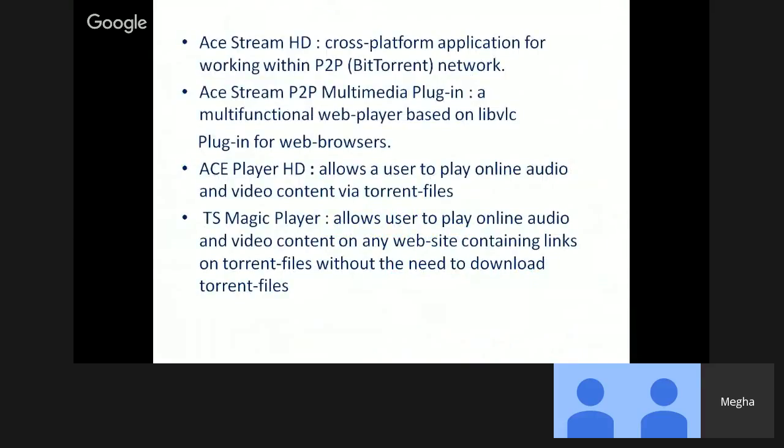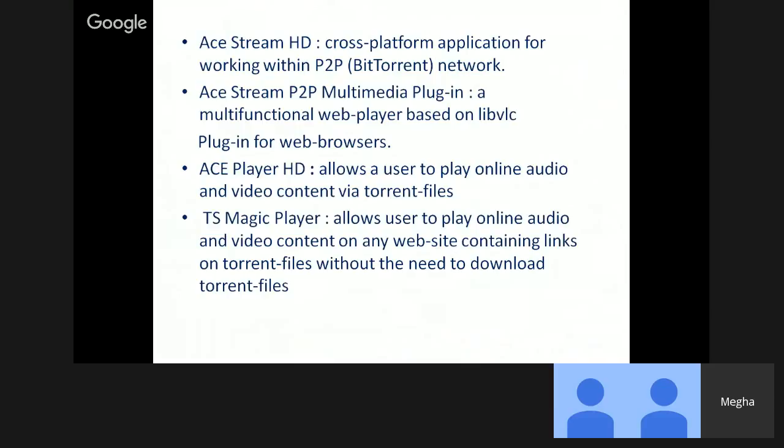A-Stream HD is a cross-platform application for working within the BitTorrent network, and the A-Stream P2P multimedia plugin is a multifunctional web player based on a libVLC plugin for web browsers. It basically uses the VLC player and plugins for different kinds of web browsers.